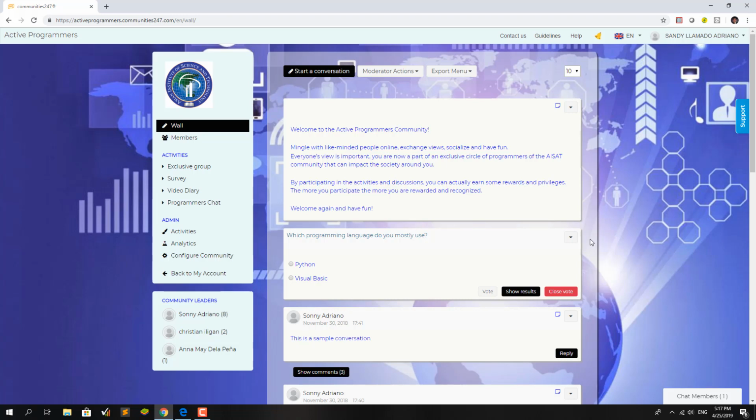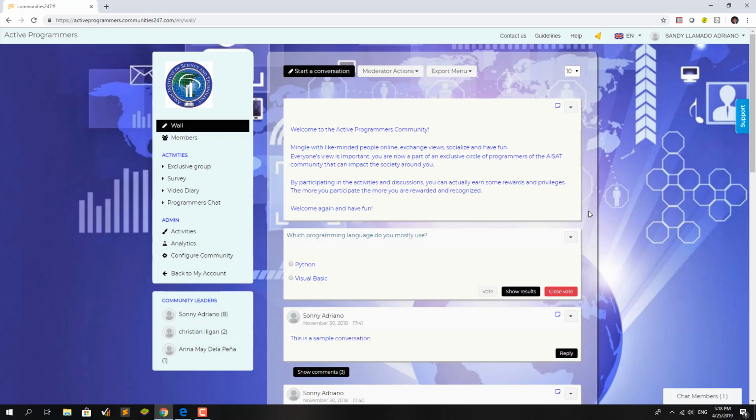the external or extrinsic motivators can be those tangible things that can be awarded or given to a member of the community. Now I'd like to mention that this online community platform has this gamification system where it enables the manager or the administrator to give points to each member depending on their engagement or contributions to the online community.